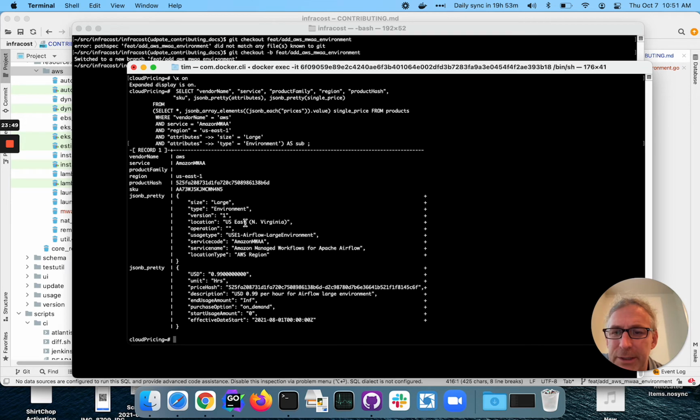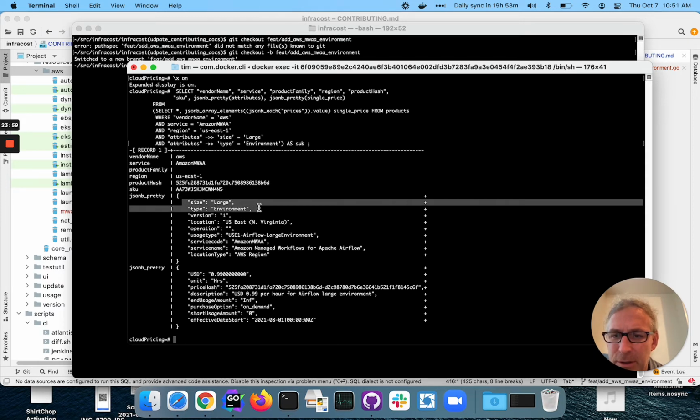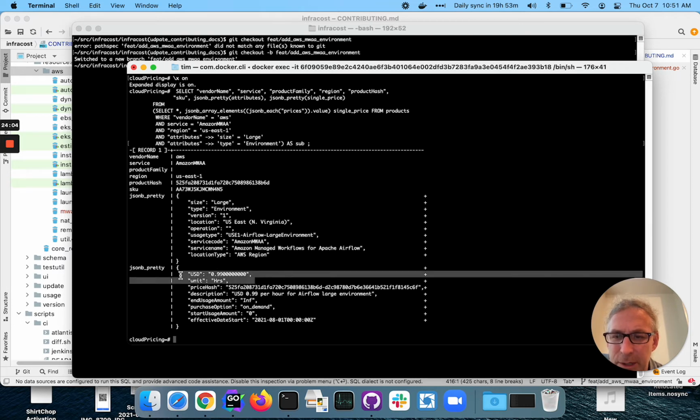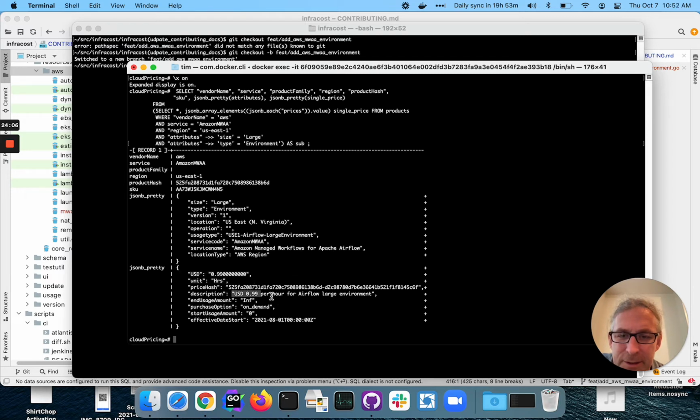Okay, so I can see I got one price, US East 1, and these are the attributes, so it's large, environment, and the price is 99 cents per hour, so that sounds good. Yeah, 99 cents per hour for airflow large environment, so that's where the description is. In this case, it's in the price. Purchase option on demand, so there's only one price in this case, which is good,